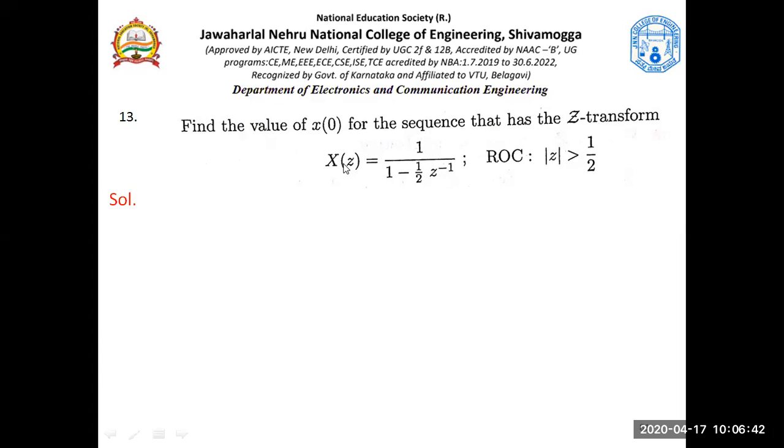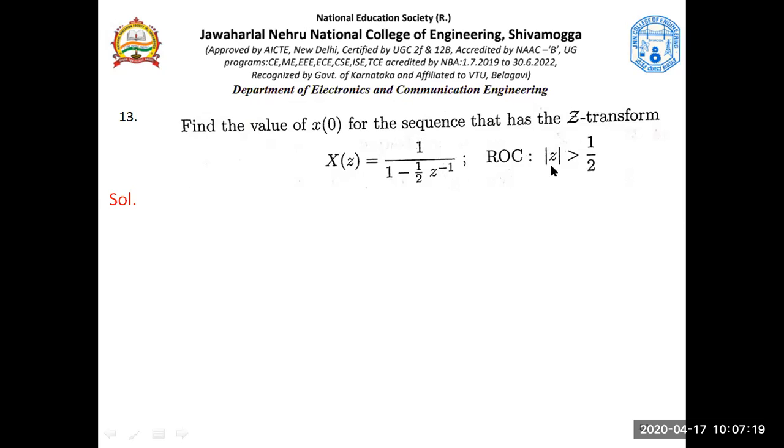Just observe this part. This is the Z transform and this is the ROC. Seeing the Z transform, it is not possible to say whether it is a right-sided sequence or a left-sided sequence. For example, X of z is z by z minus 1 for u of n, and it is again z by z minus 1 for minus u of minus n minus 1. Get that point? The Z transform would sometimes be the same for right-sided as well as left-sided sequences. So seeing the ROC, we should be able to say that.